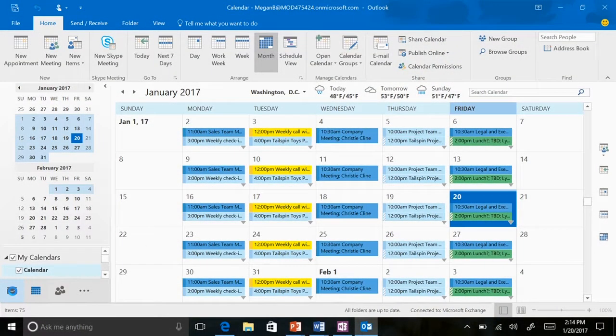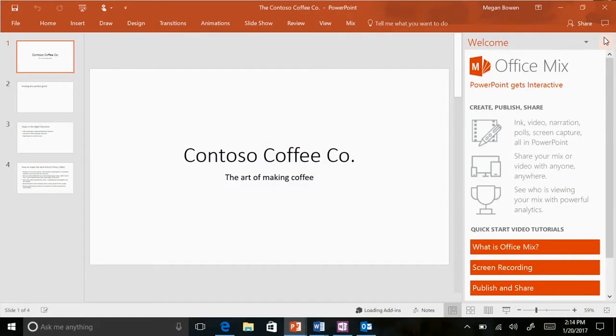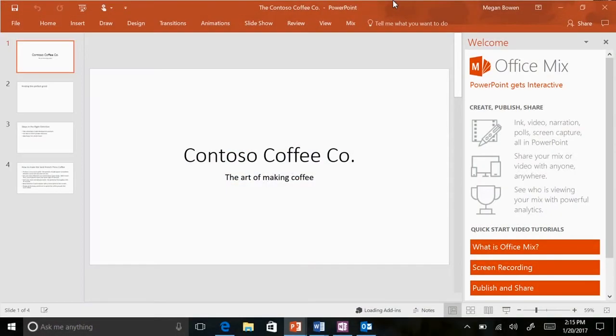So as we get into the intelligence features here, we're going to go ahead and open up the Contoso Coffee Shop here. So this is your basic PowerPoint, right? You have nothing really going on. You have just a white background. There's a lot of debate about what backgrounds are supposed to look like, bullet points, how many words, etc. But whether you're an expert PowerPoint creator or this is what you do every single time, just know that there are some great new features as far as intelligence and working behind PowerPoint that are going to help you become the coolest PowerPoint maker in all of your company until other people find out about the features as well. So what we'll do here is we want to spice up this first slide a little bit.